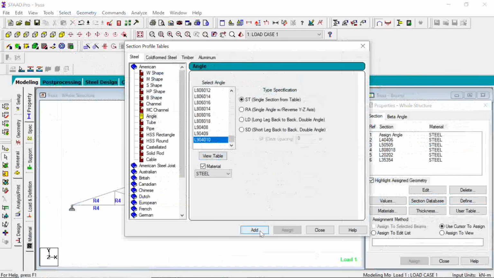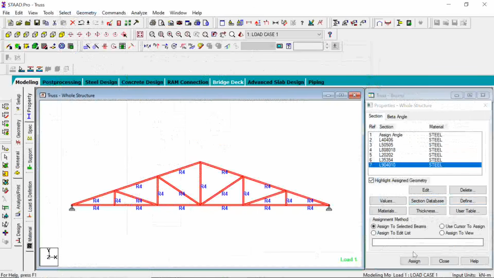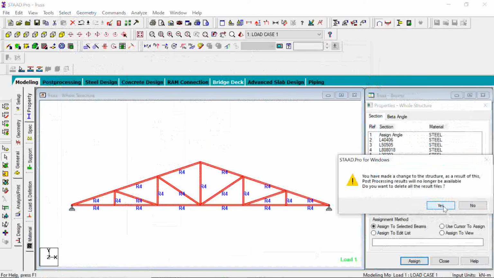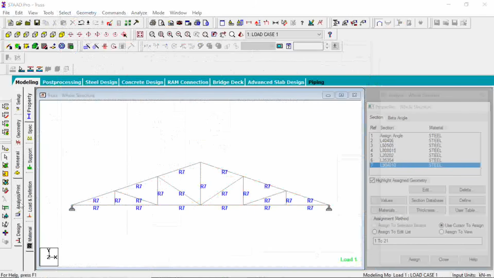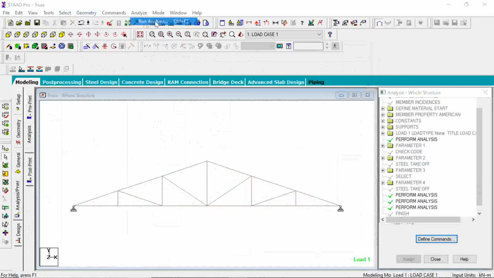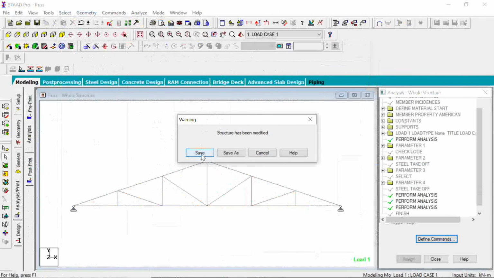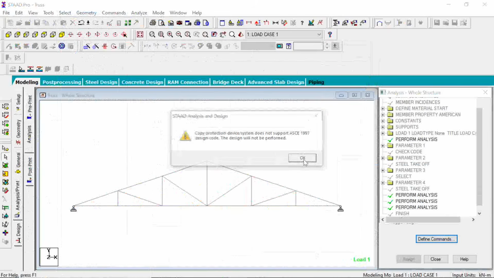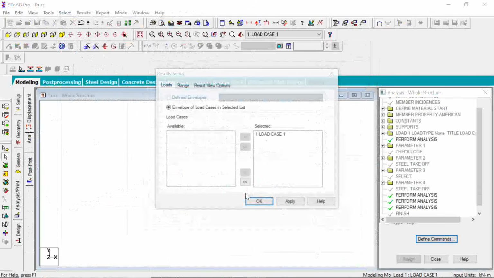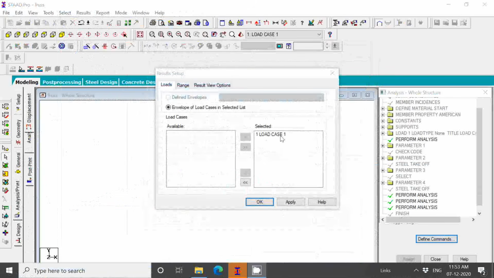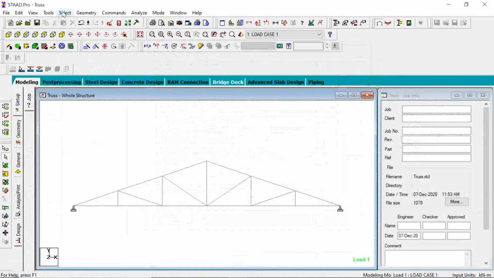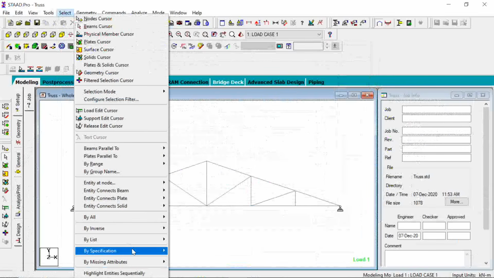Let me give, add, close, and let me apply it to all. Assign to selected beams, assign, yes, yes. Then I'm doing the analysis, add, close, analyze, run analysis. Then go to post processing mode. They will ask you for which load case. Load case 1. One load only I am giving. So now select by specification, still